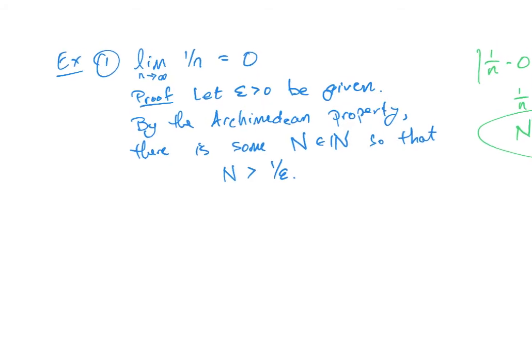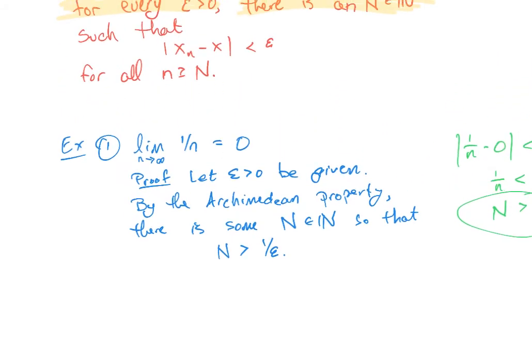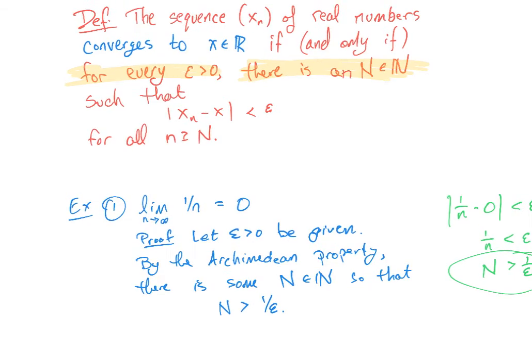Let's go back to the definition of the limit and look at it closely again to double check what we have to do. For every epsilon, that's why we started our proof with let epsilon be given. So our proof will hold for all epsilons, because we didn't make any assumptions about that epsilon. Then we have to show there is a capital N. Well, we found a capital N. And now we just have to check that we have the absolute value of xn minus x less than epsilon